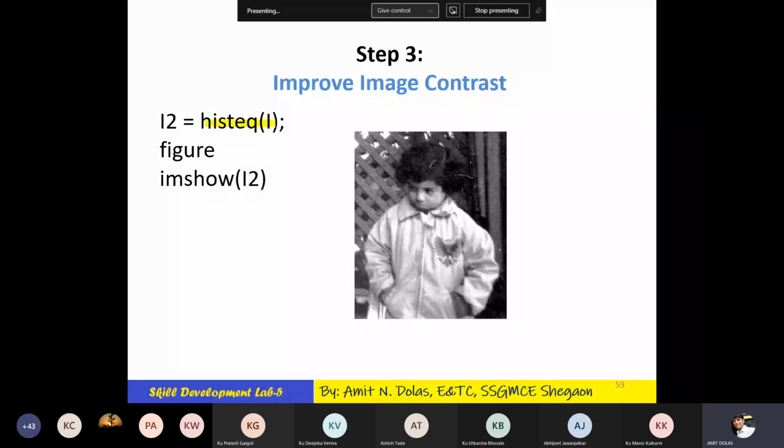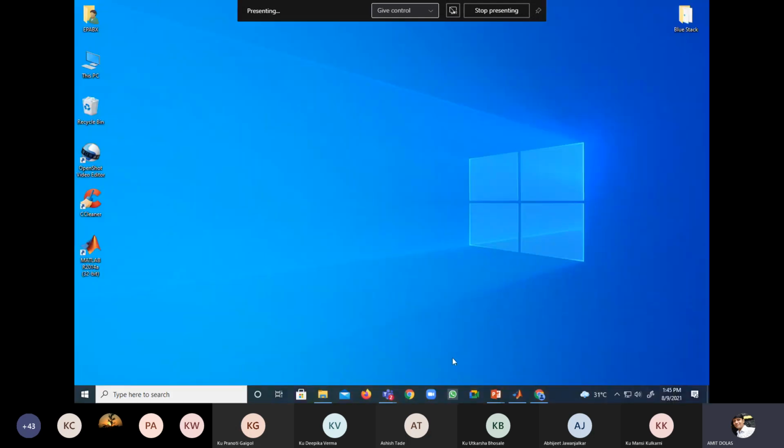Whatever histogram we took for image I, from that histogram we understood that dark and light pixel values are not available, therefore it is not that much clear. So I'll improve the contrast here. I'll write one more image with the name I2, which is nothing but the equalized histogram of the previous image I, and we'll show that. Let's come to MATLAB again.